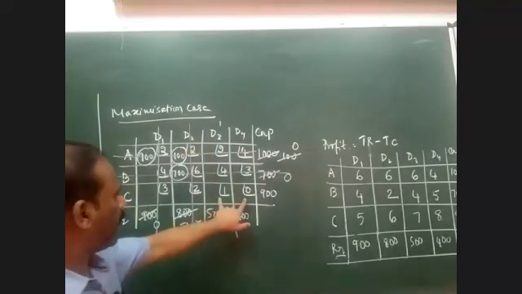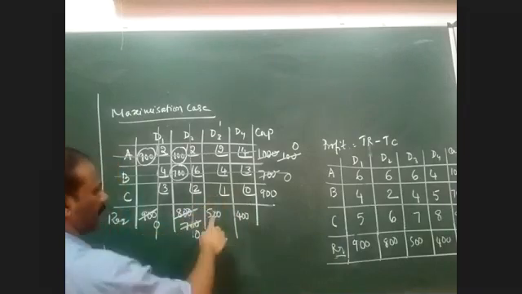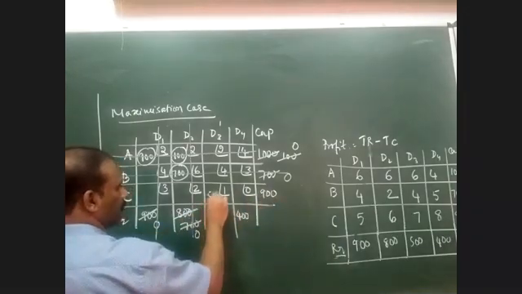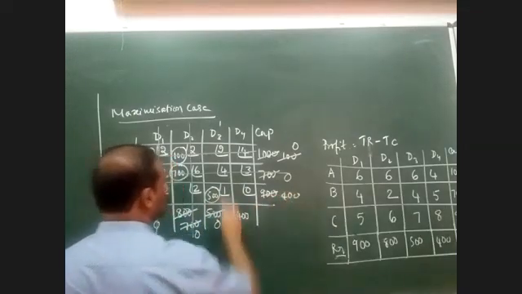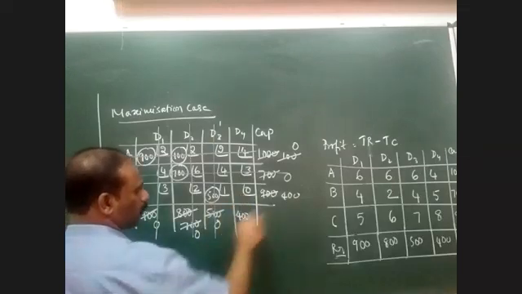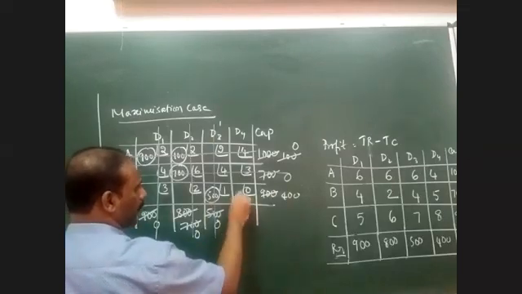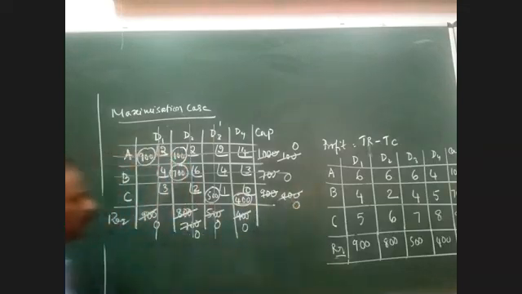Now I am left with the last 2 elements, 1 and 0. 1 is the northwest element. 500 and 900 is there. So I can take 500. This becomes 0, and this becomes 400. So even D3 is gone. And the last element is 0. Since both the values are 400, I can take entire 400. This also becomes 0, and this also becomes 0. Now you can see that the entire demand and supply is completed. Therefore, the problem is solved.